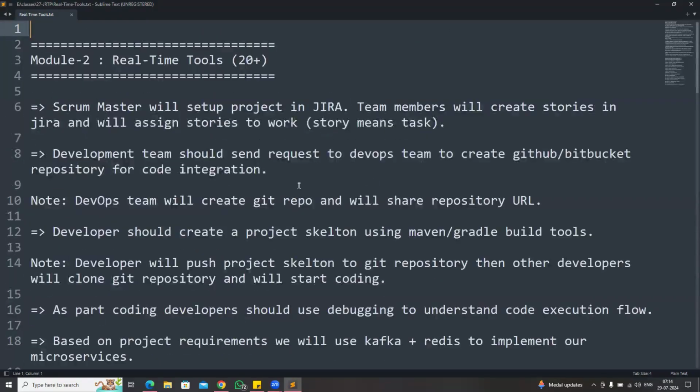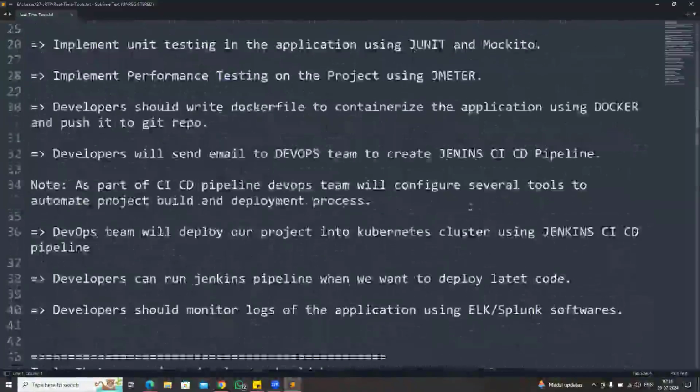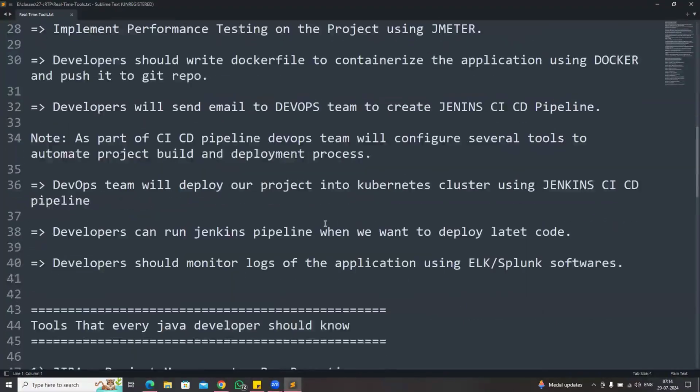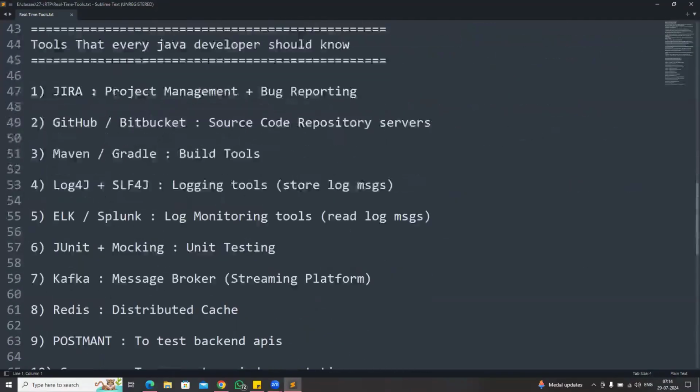In the last session, we discussed the importance of real-time tools for the Java developer, what tools we should learn, and what the purpose of each tool is. We identified that there are 20 plus tools which are very important for every Java developer to complete the project development process in real time. Those are JIRA, which is used for project management and bug reporting, GitHub and Bitbucket, which are used to